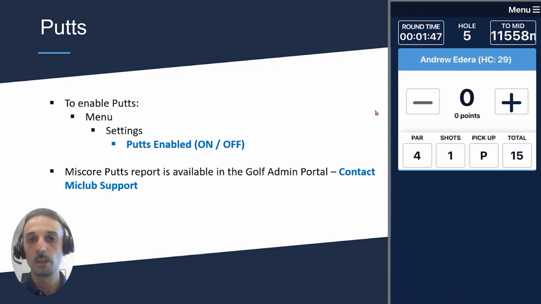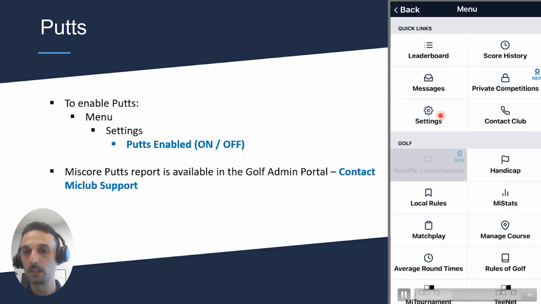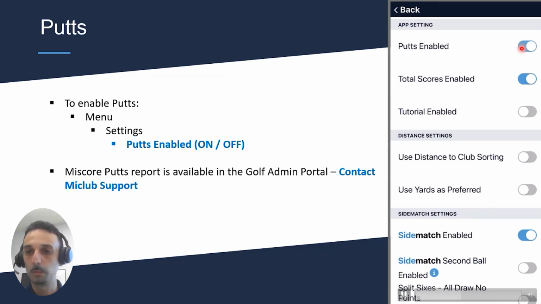Okay, there's a putts feature. I'm sure most of you probably know it by now, but I'll just show you in case. So normally, if the feature's off, after you've put your score in for a hole, you swipe to the next hole. It'll just go, 6, 7, 8, 9, etc. If you go to the menu and then settings, putts enabled at the top. If you switch that on, and then you go back to the scoring screen,